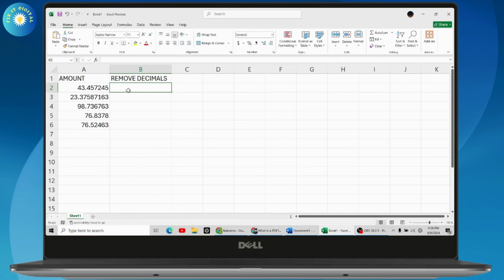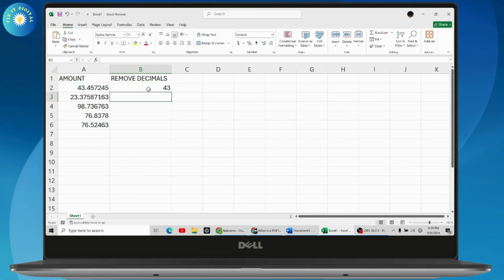which is simply enter equals to TRUNC and then enter a bracket. And here in my case, I have the A2. Like if you have 4 or 5, then you can simply enter A4 or A5. So I'll be entering A2 and then comma and the number of digits. Like after the number, like how many decimals that you need, 1, 2, 3, you just need to simply enter that. So in my case, I don't want any of the decimals, so I'll be entering 0